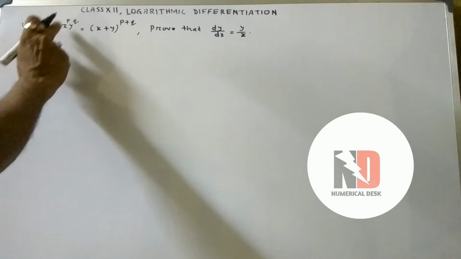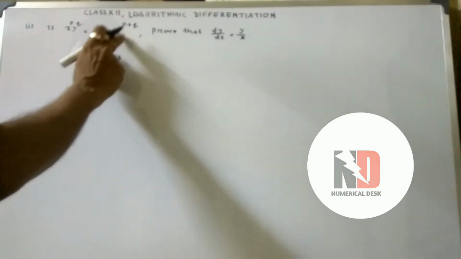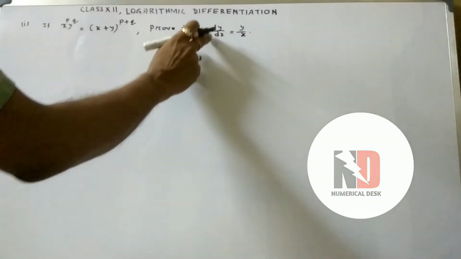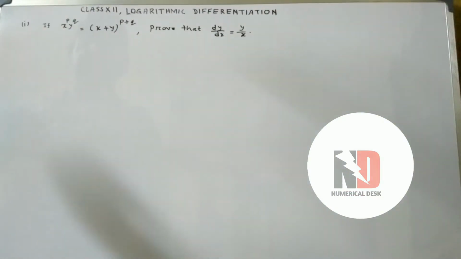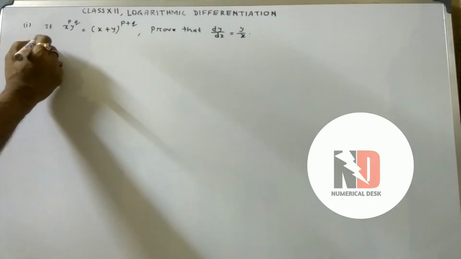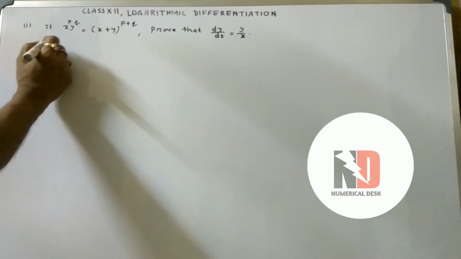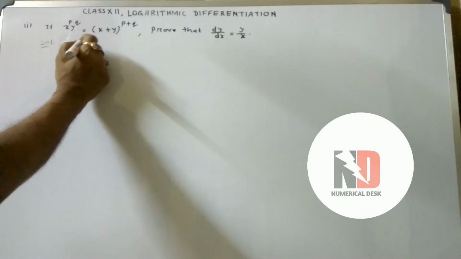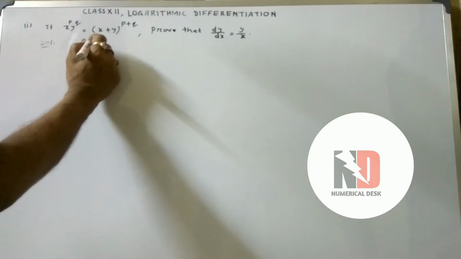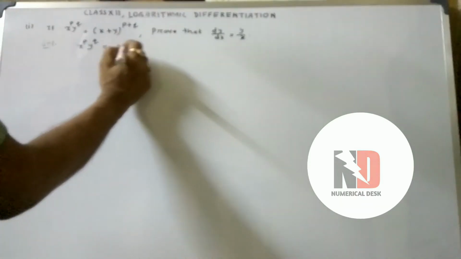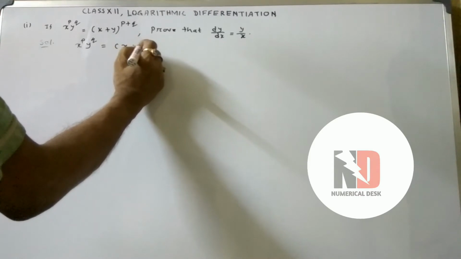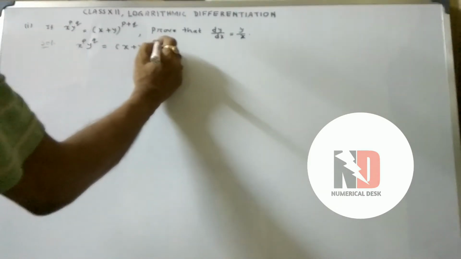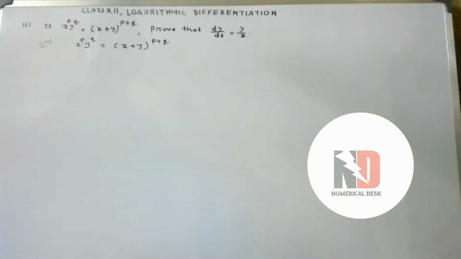So the sum is x to the power p, y to the power q, equal to (x plus y) whole to the power p plus q. We have to prove dy by dx equals y by x. So writing the line, now taking logarithm,